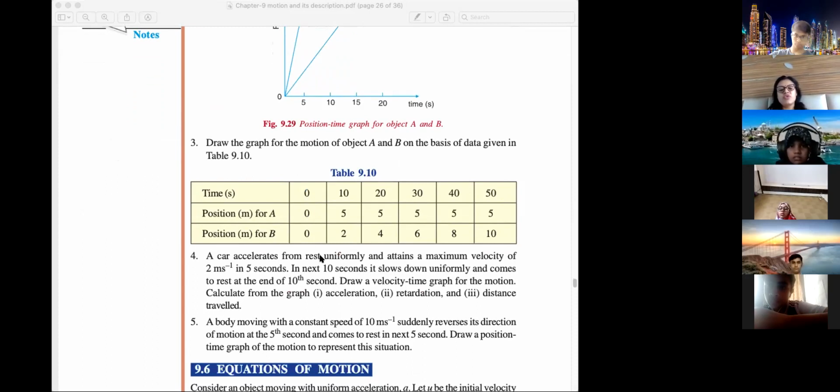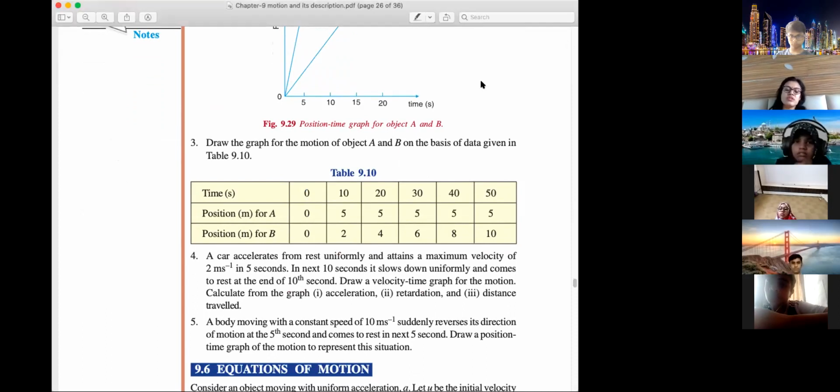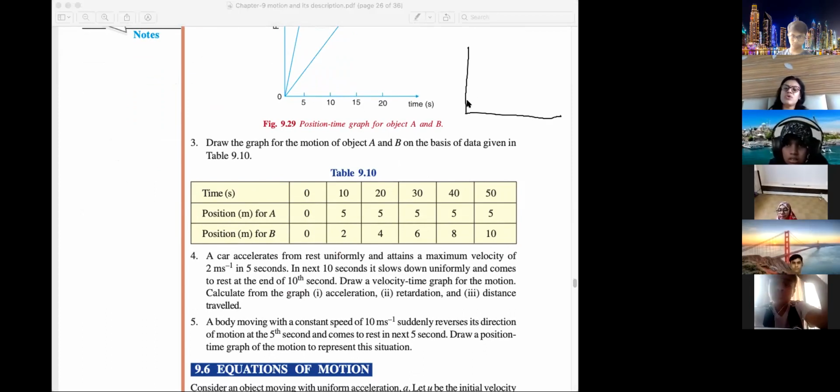Now draw the graph. Graph question I won't be giving you, but you can draw the graph because I have not shown you how to draw it. Actually, I have shown you, but because it is online, it will be difficult. If you can draw, it is better. You should know how to draw a graph: position M for A, position M for B, and you use graph paper. Since we are not giving you graph paper, I won't give you a drawing of a graph. But the graph question will be there; that graph will be given and you have to solve. So leave it. When the physical class starts, maybe that time I'll show you how to draw the graph.